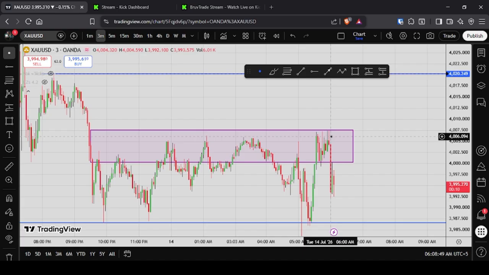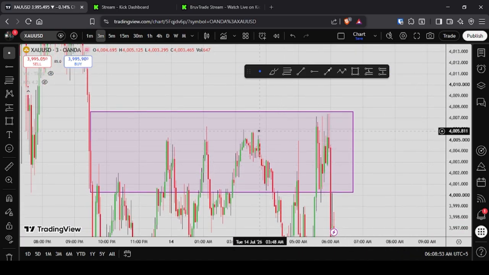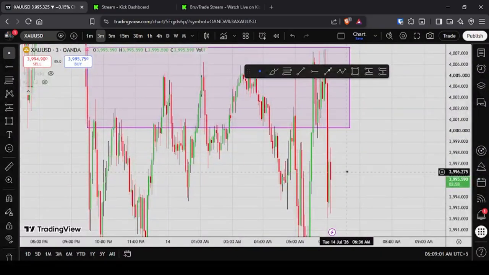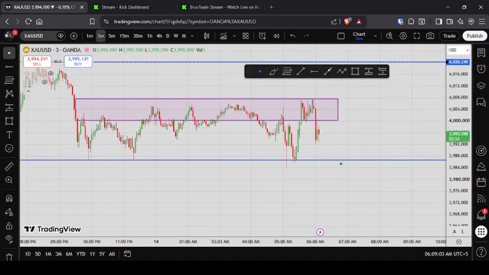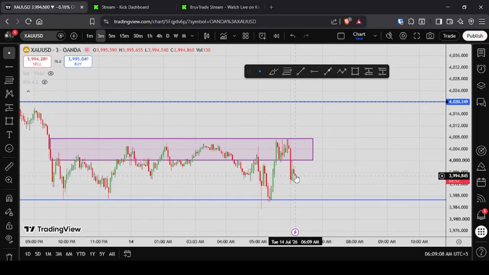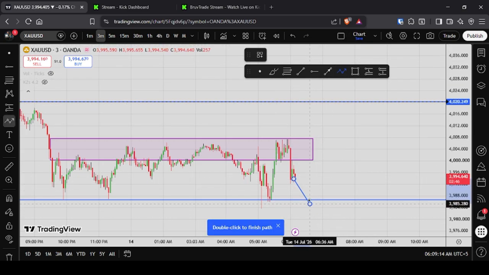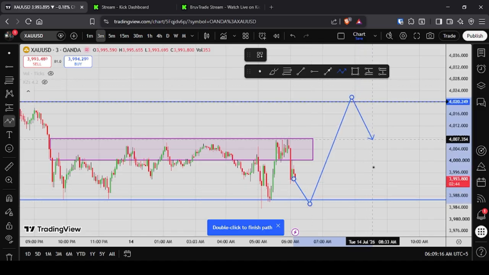But for that to happen, the price needs to break above this high. The market has closed above... I don't think so. Has the market closed above the consolidation? Oh my god, the market has not even closed above the consolidation high. It has just taken out the liquidity. So in my opinion, there's an extremely high chance for us to continue here and then shoot upwards. Instead of just shooting upwards, maybe we have a higher chance to go like this.